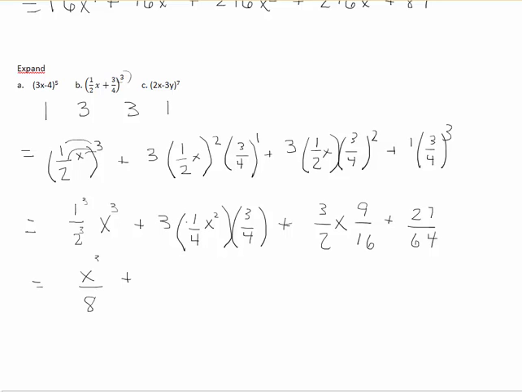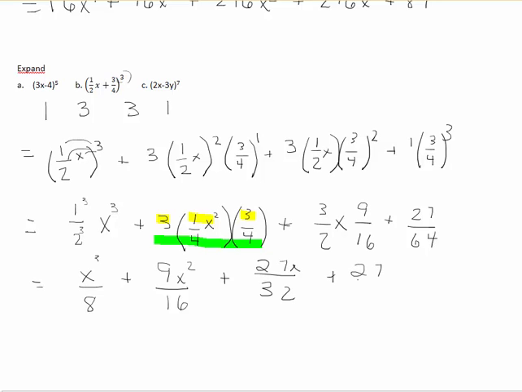Now I can just multiply all of my numerators by each other. So I can show you here, 3 times 1 times 3, which equals 9x squared. And then my denominators, again, there's technically a 1 there. 1 times 4 times 4 is equal to 16. 3 times 9 is 27x over 32